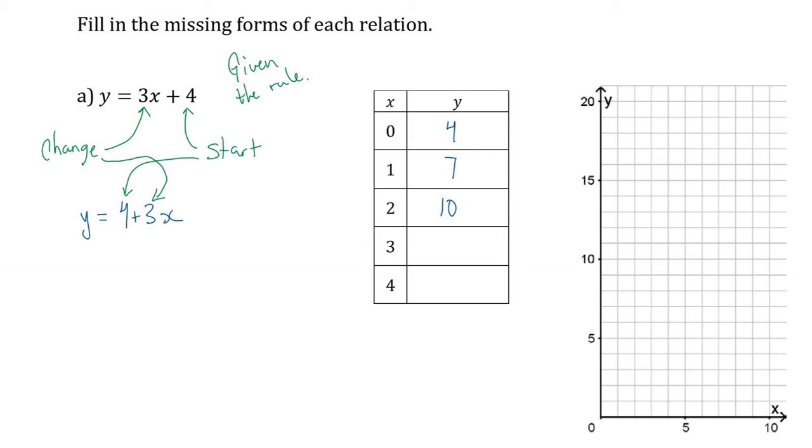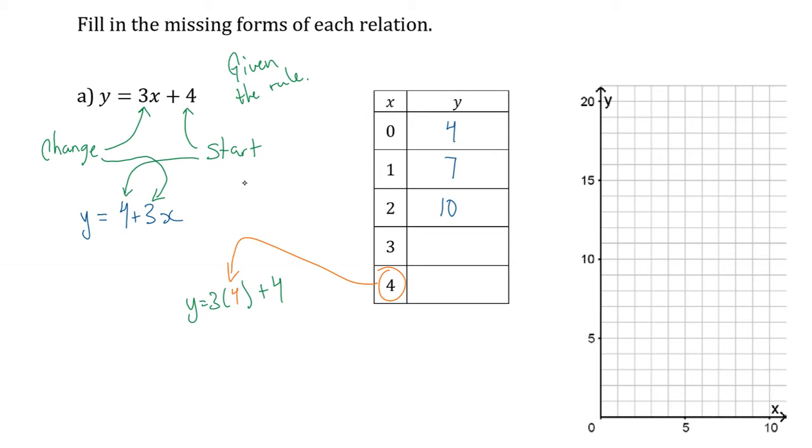Remember, the other thing we did was we talked about using the rule to find a value directly. I don't have to do that in this case because I can just follow the pattern, but it's something we might do down the road. So if I wanted to do that in this case, I'm going to do that in a different color. I take this 4, okay, and I put it in the brackets for x, because that's my x value,